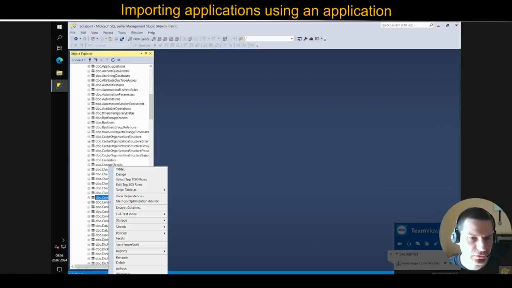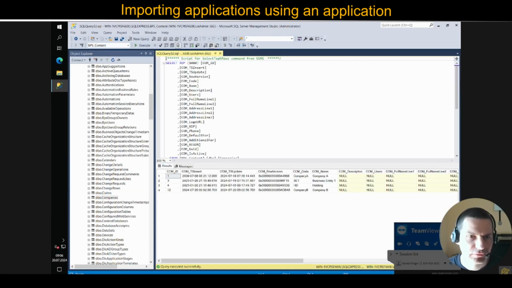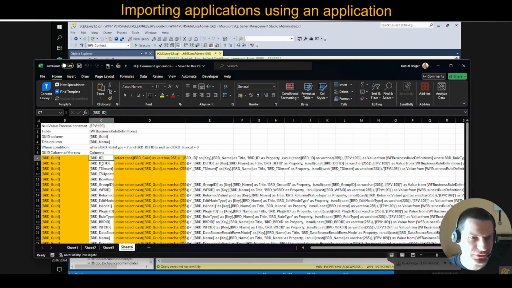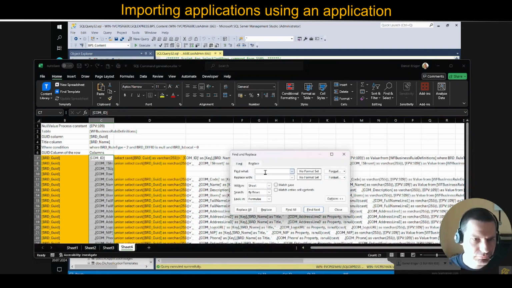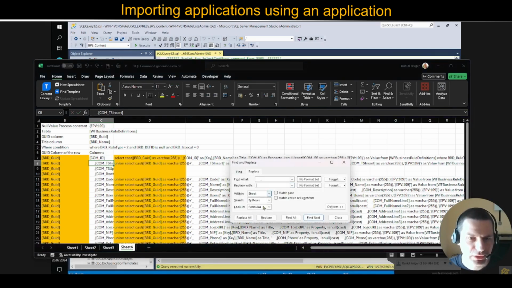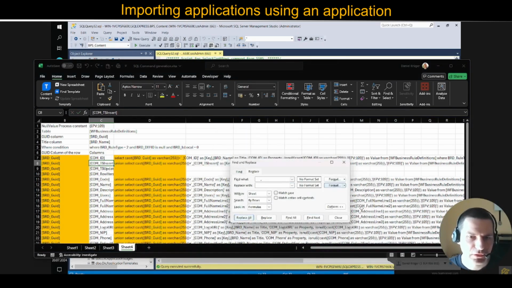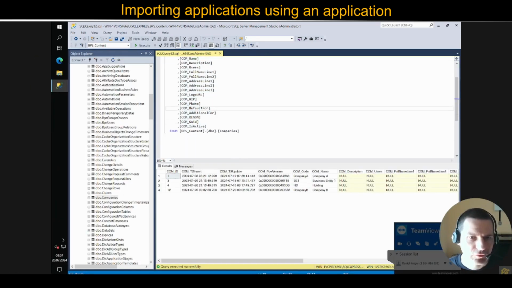I was heading over to the management studio, selected everything, copied this information to a nice little Excel sheet, replaced the unnecessary information at the beginning, copied over the table which I was using,